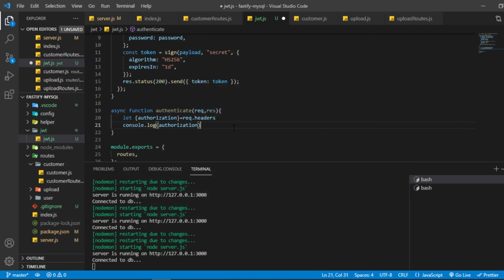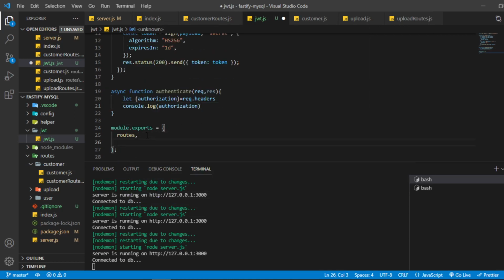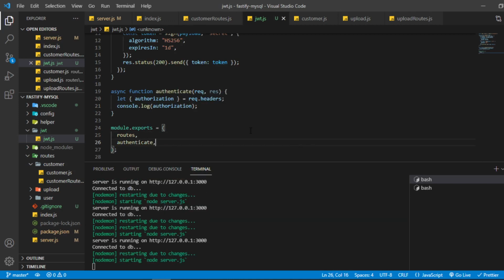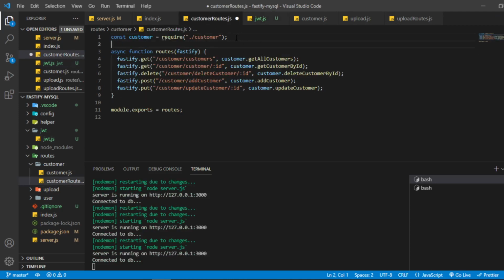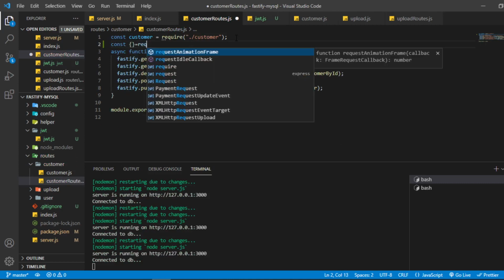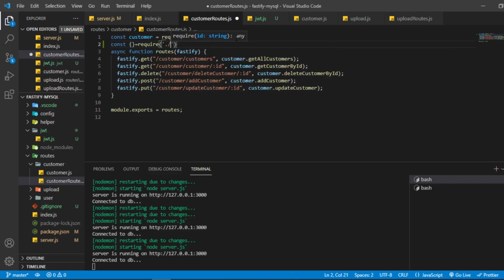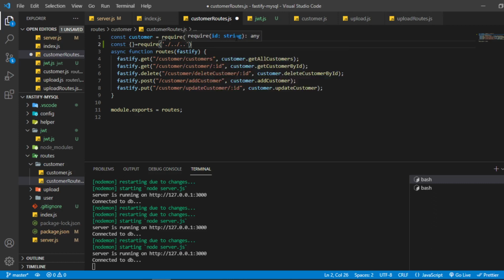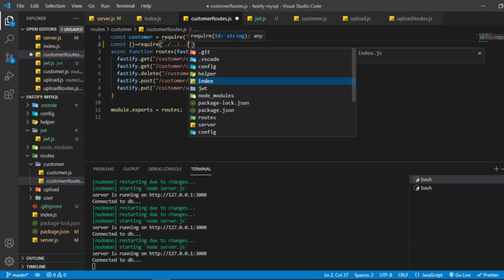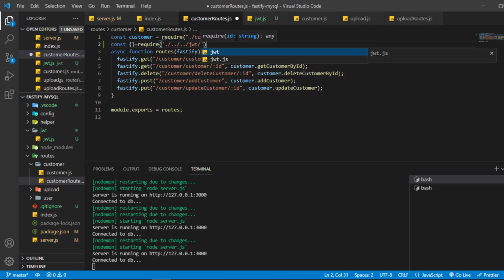Okay, and what we can do now, we can simply export this function authenticate, and we want this function inside customer.route, and here we will import that function. Require, and then what we want, the function from jot, and this will be jot.